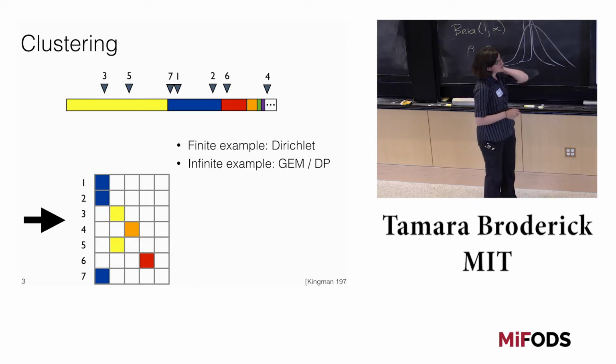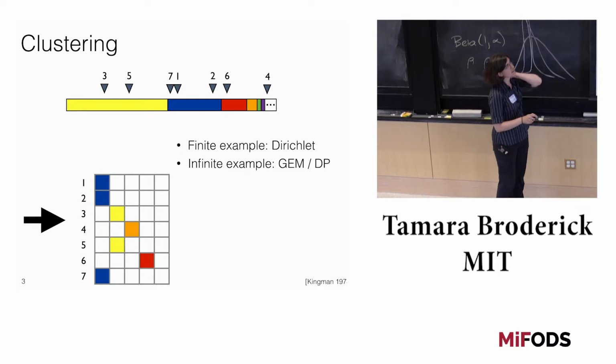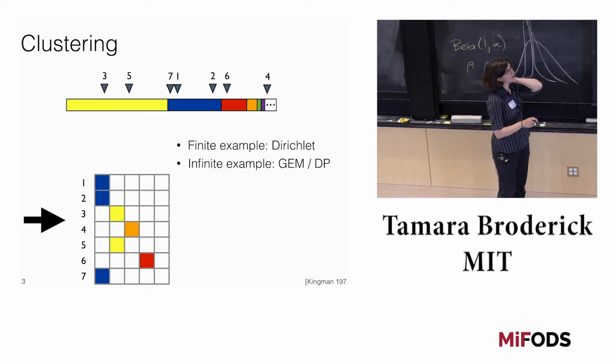OK, so actually, it's pretty easy to see that this is going to be exchangeable. If I permute any two of these IID uniform random variables, I'm clearly not changing the distribution of the clustering. And in fact, we can see that that should not depend on this being generated from a Dirichlet or a GEM. Literally any way that I could generate this partition, that would be true, as long as it was independent